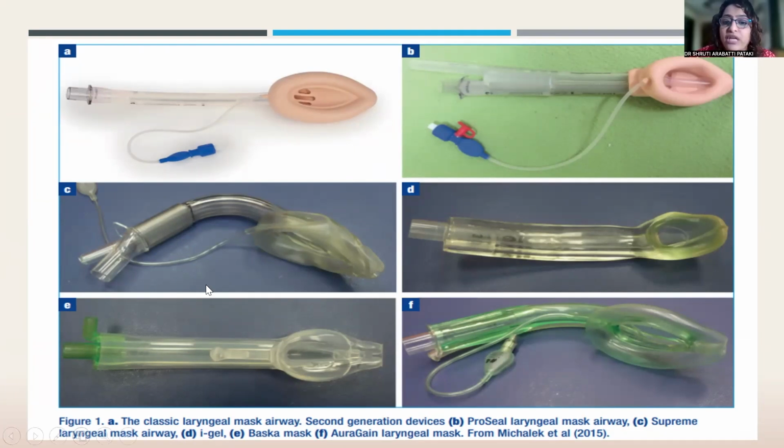But with the newer generations, you will see that there is an integral bite block inside of the LMA airway tube itself, which is going to make sure that the patient doesn't bite. Second thing is there's a marking on the integral bite block where it will come between the incisors. It will also help you confirm placement. We will see types of placement confirmation going forward. But this is what we got with the newer generation LMAs.